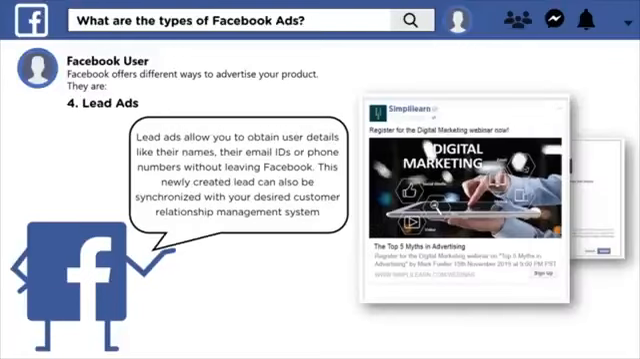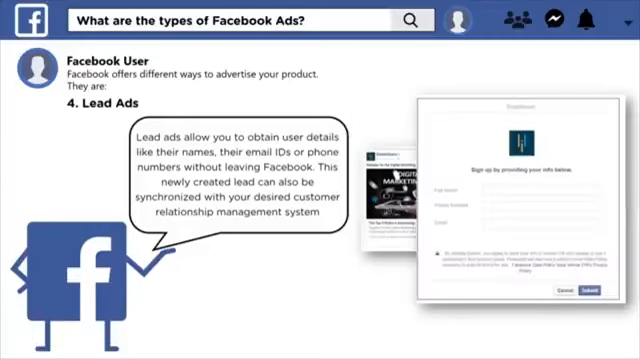So Facebook also allows us to advertise something called lead ads. And what lead ads allow us to do is obtain user details. So we can acquire an email address or phone number from somebody who's interested in our product or service, and that person doesn't even have to leave Facebook. If you look here in the example, here we have the ad, somebody clicks on sign up, and they